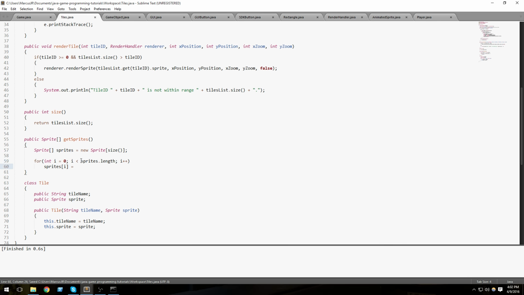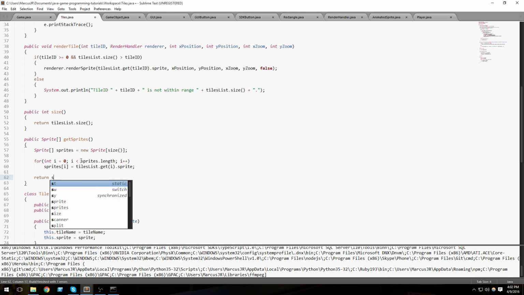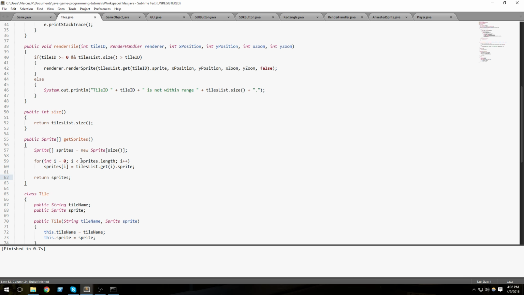But we're going to do sprites i equals tile list dot get i dot sprite. And then at the end of this, we're going to return sprites. So that's pretty cool. I'm making this a little bit fast, sorry, guys. I'm just implementing this with a little SDK editor. But in tiles, we just made a get sprites method so we can get all of the sprites easily in game